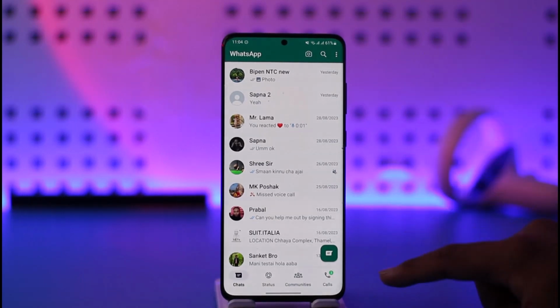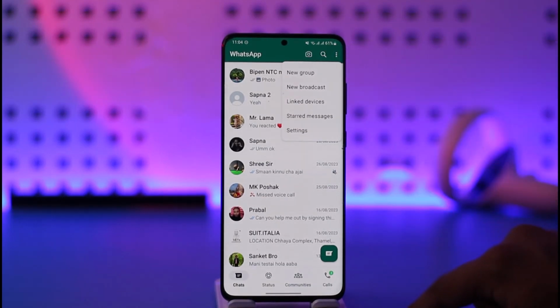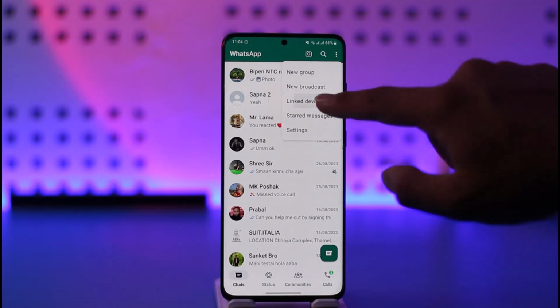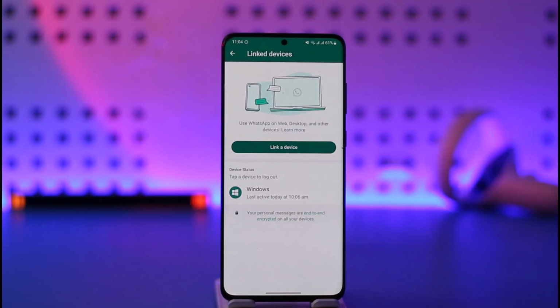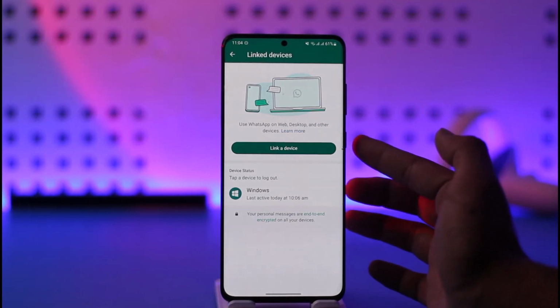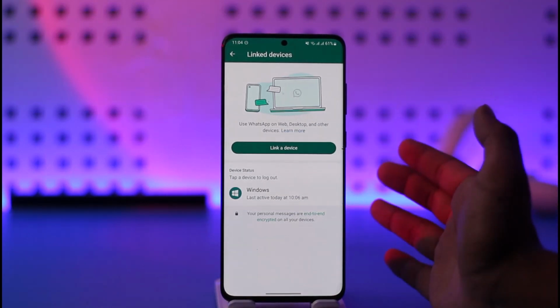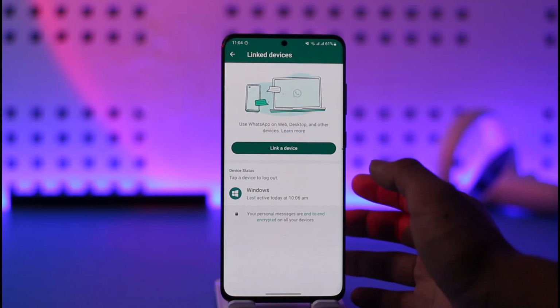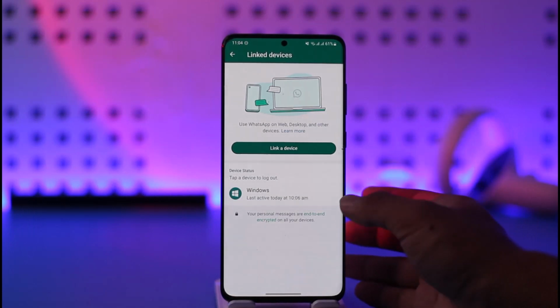Open up WhatsApp on your primary phone, tap the three dots option and just go to linked devices. When you go to linked devices, you'll also be able to actually link another phone over here. So you have to make sure to actually get the QR code on your other phone. Next time whenever you log into WhatsApp over there, you'll find a QR code option to log in by QR